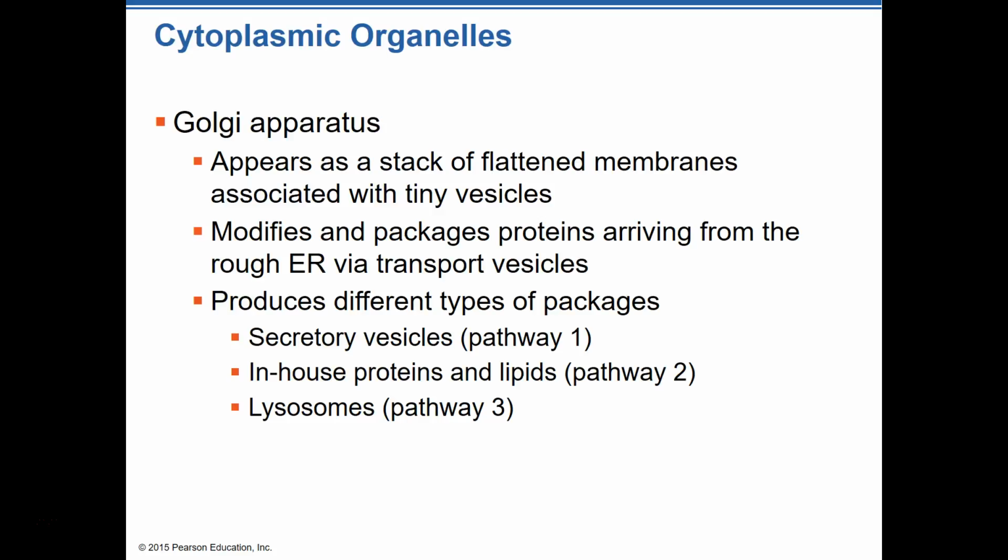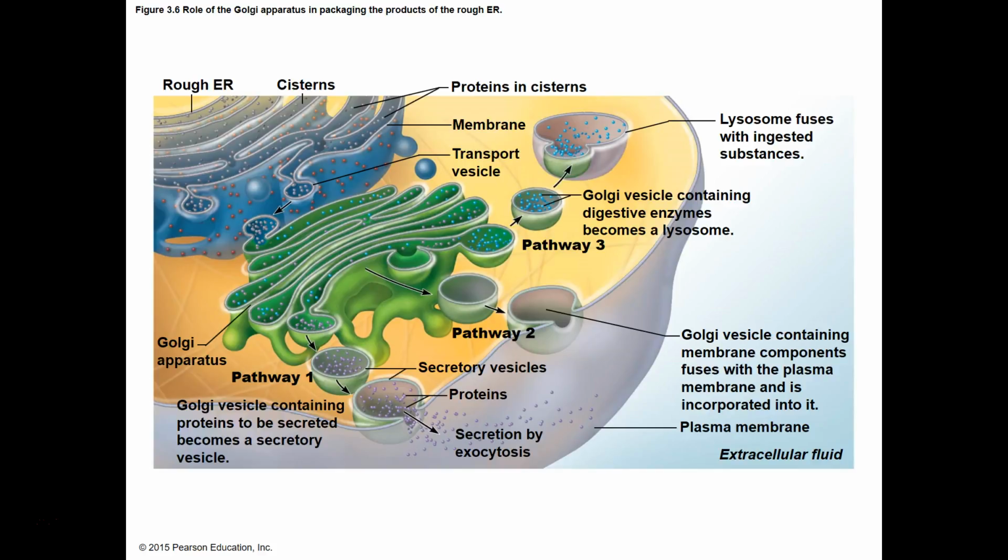Like I said, it's kind of like us putting the bleach in the mason jar and taking it outside of the house, or things that are done inside of there with proteins and lipids. It may package them so that it can be carried even safer than in the Ziploc bag. And of course, lysosomes that are actually protectors inside of the cell that get rid of things that don't belong there. So usually we'll see a Golgi apparatus that is sitting pretty close to the rough endoplasmic reticulum, and that's this little squishy looking green guy right here.